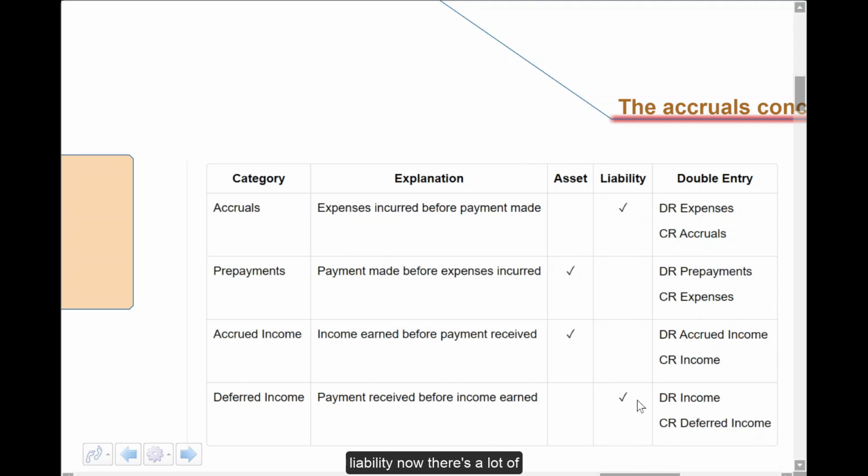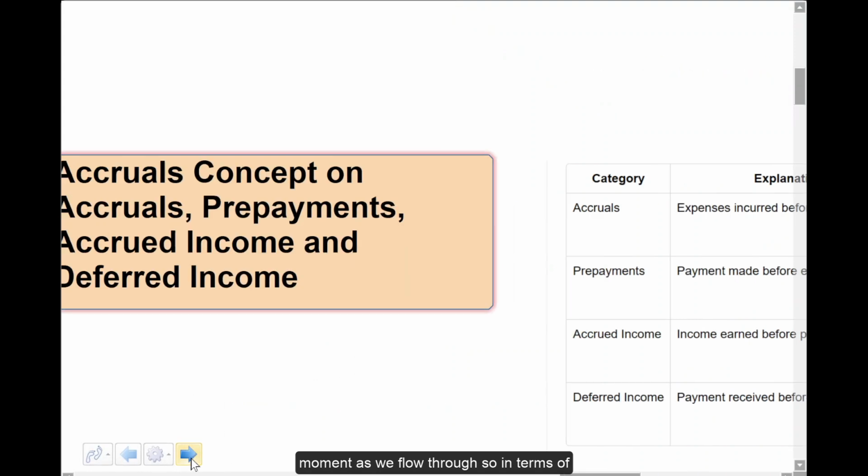Now, there's a lot of information in there, particularly in the last two areas in terms of logic, understanding, and comprehension. I understand that. Remember, as we said before, we take things bit by bit. We're not trying to understand every single thing the first time we read it, possibly not even the second time or the third time. We're just trying to get a feel for the concepts, okay? So we'll open this up further in a moment as we flow through.